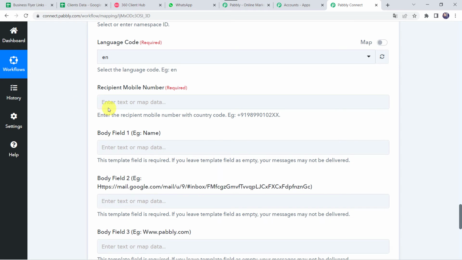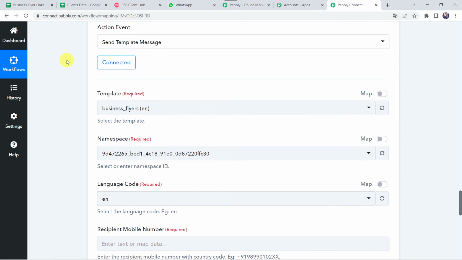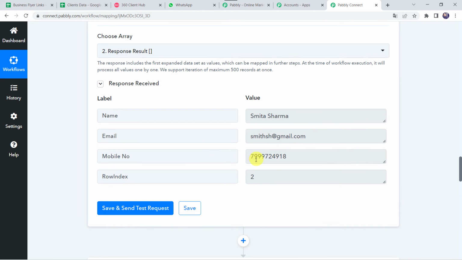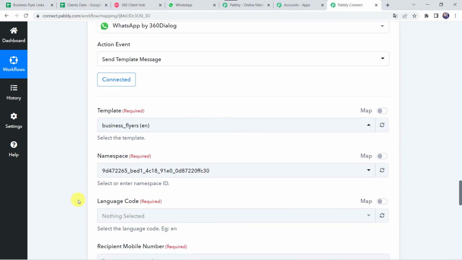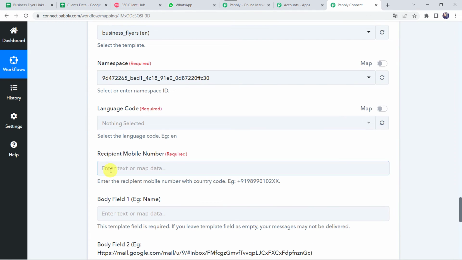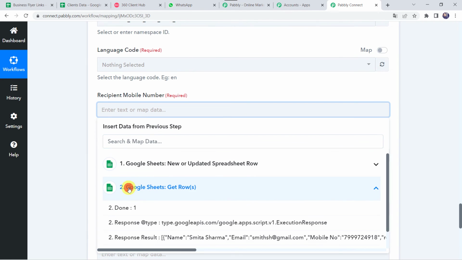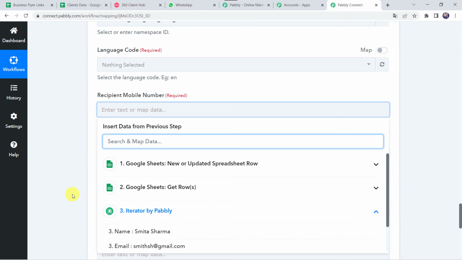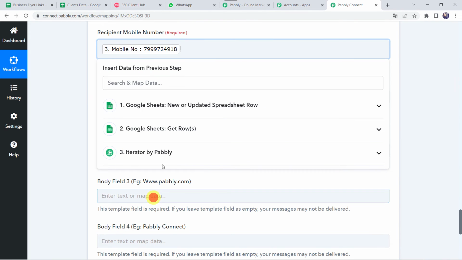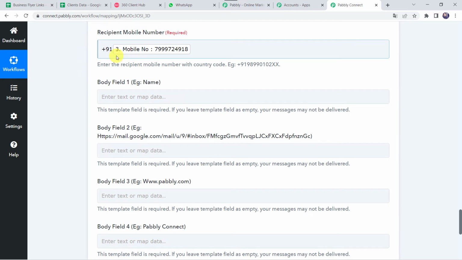So here we have to map the WhatsApp number of the customer, which we have already received from the Google Sheets. This is the WhatsApp number. So we are going to map this WhatsApp number right here along with the country code. So let us map the WhatsApp number from get rows. Sorry, we have to map it from iterator because we have segregated the data. This is the WhatsApp number and we have to add the country code. So as we are in India, I am just adding +91. Here you have to add your country code